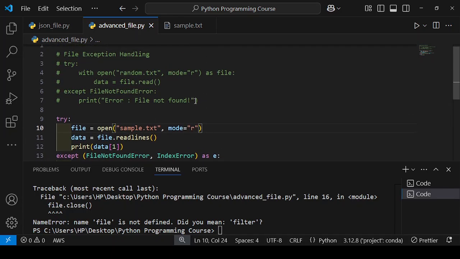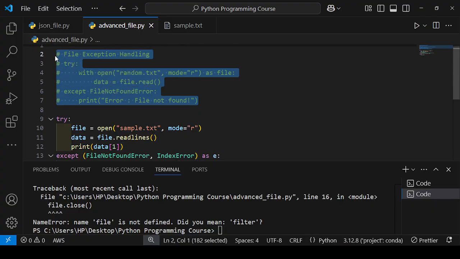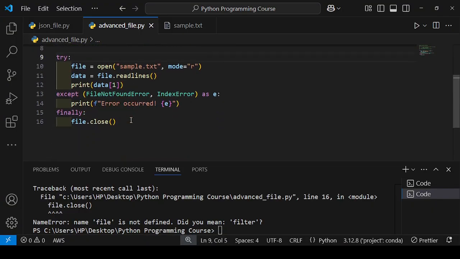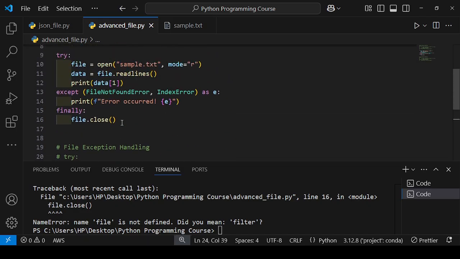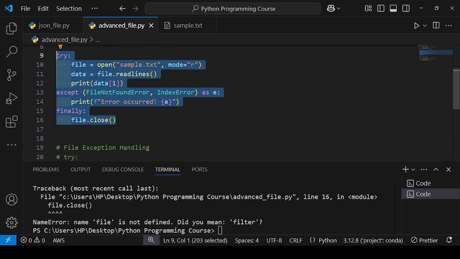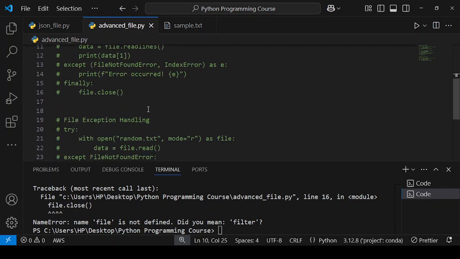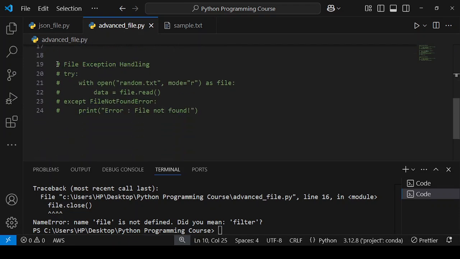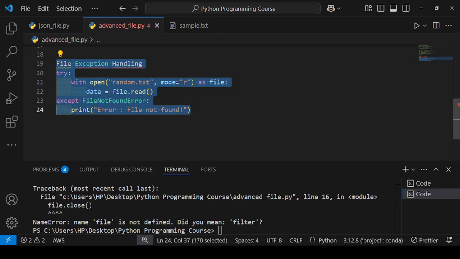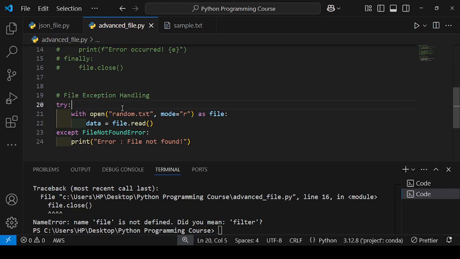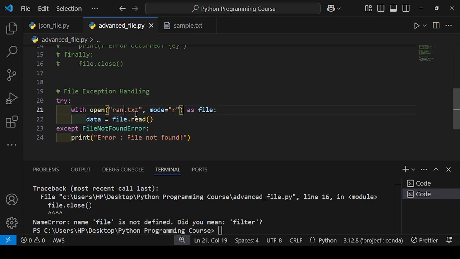First I will copy this and paste here, and I will comment it out, and I will write here sample.txt file that already exists, and